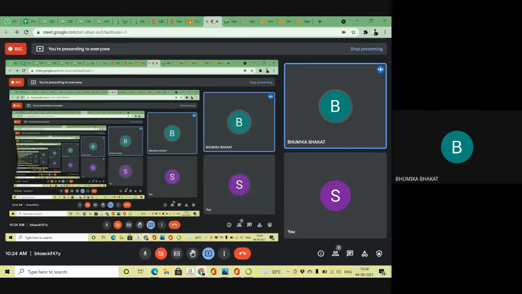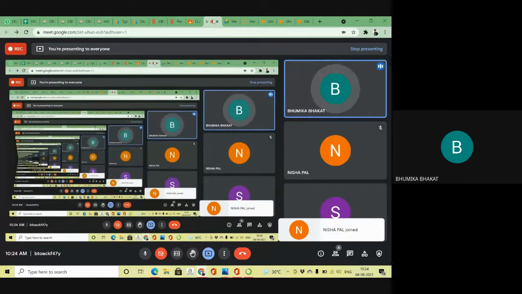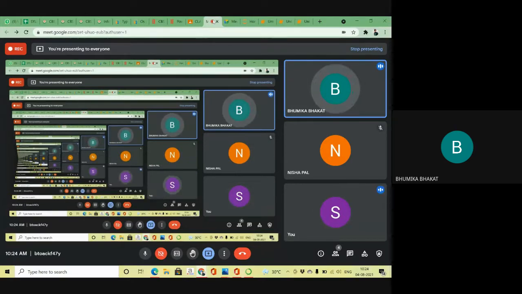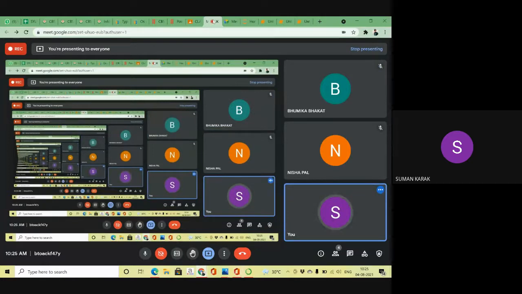Why we use input? Why I'm using the input function, sir? Because it allows a user to insert a value into the program. Yes, it will allow the value to be inserted from the user. That means who will take the value in my program? The user will take the value. The user will take the value as per his own choice.